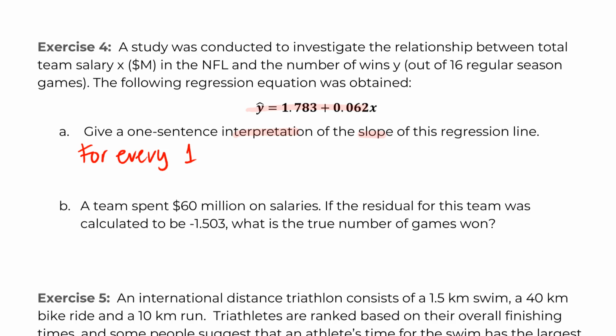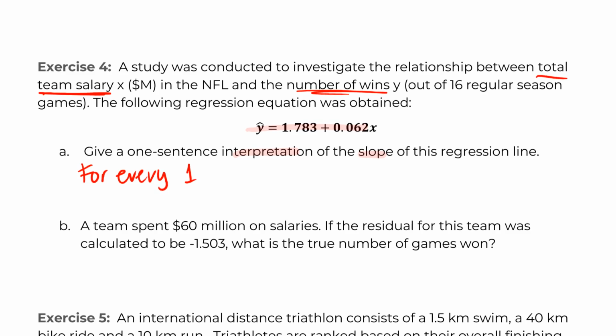Now I need my units of x, which means I have to actually read the question and figure out what x is. Total team salary, it looks like they've defined as x, and number of wins is y. They've given us some units there as well. So for every one x, and it looks like that is in $1 million, I'll go ahead and throw a dollar sign in front. So for every $1 million increase in total team salary,